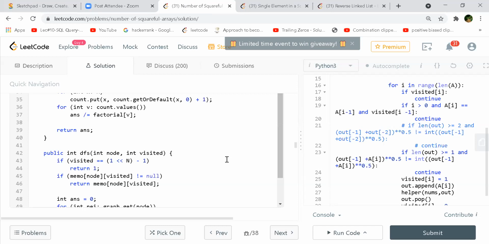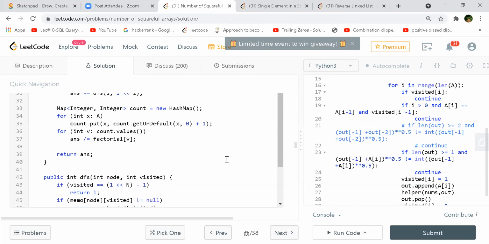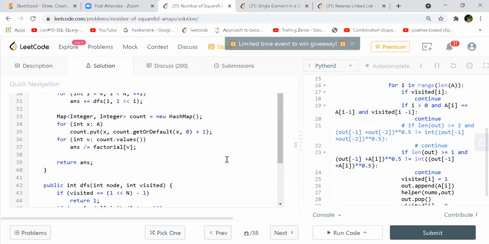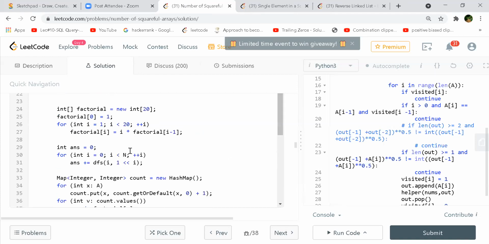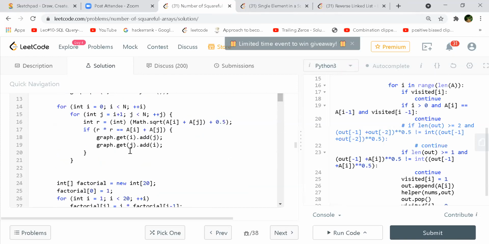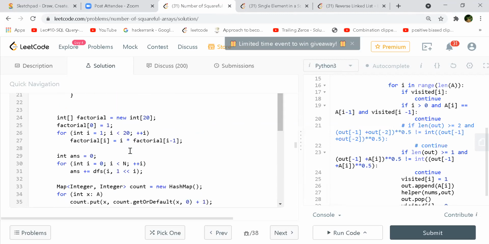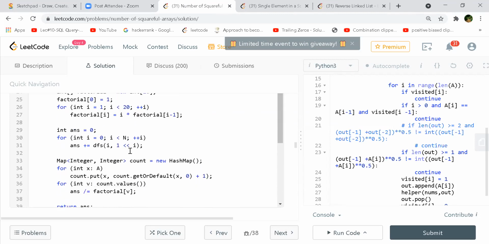Yeah, I didn't get that part very well. Where does he calculate the count properly? Count he is doing for x in A count. Would he update the count elsewhere? No. He's updating the count as a map, right? But where does he work with it? I'm also trying to see.